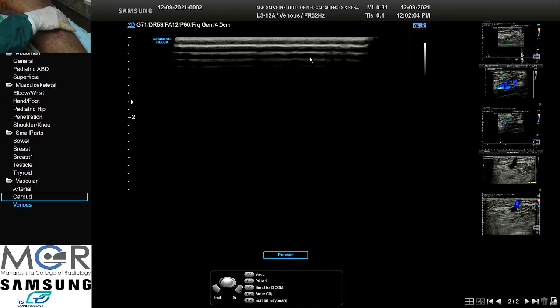So how do you reuse this fiber? It is not advisable to reuse, but in a setting like India, where the affordability of patients is poor, we can ETO the fiber and then reuse it. It doesn't get damaged with ETO. But we have to use it a maximum of 4 to 5 times. After that, we cannot use it because the power goes down, and the durability of the fiber also goes down. So it might break inside the vein. So 2, 3 or 4 times you can use it.